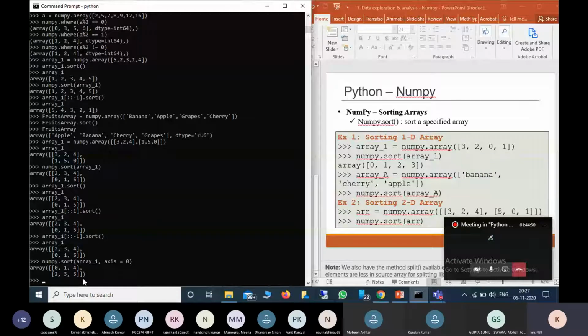So this will give the sort along the first axis, that is column wise. Yeah, column wise 0, 0, 1, 4.